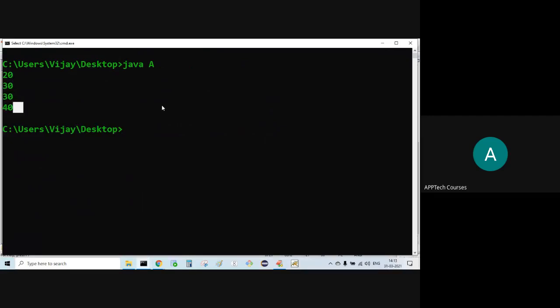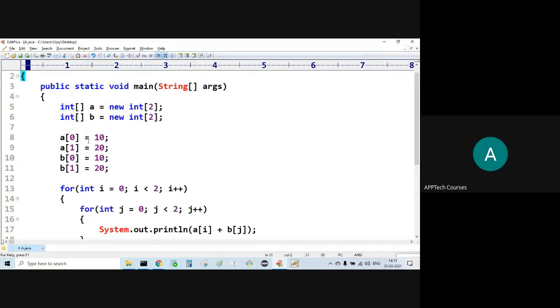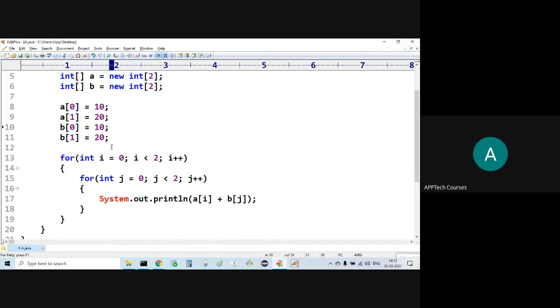Is it right? Ten plus ten, then what happens? 20 plus 10. For the first iteration, what happens? i is 0, j is 0. a of 0, b of 0.